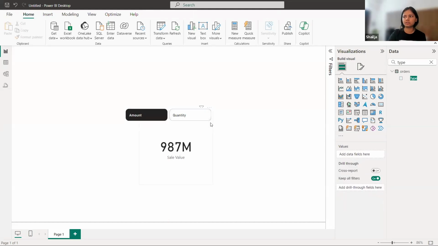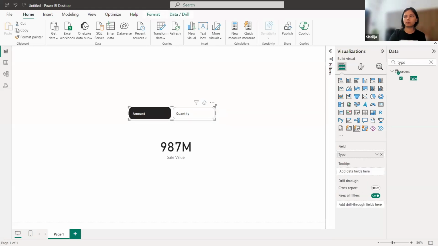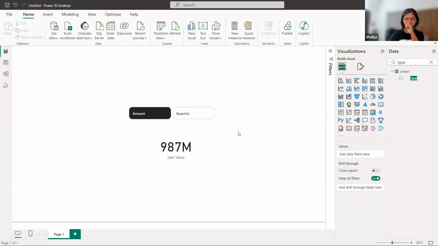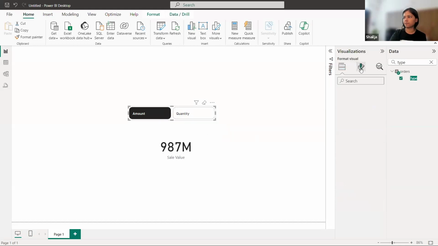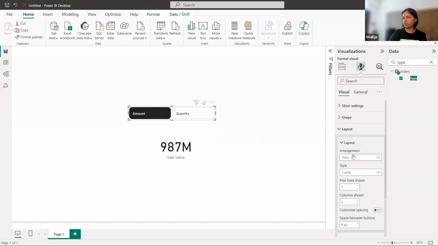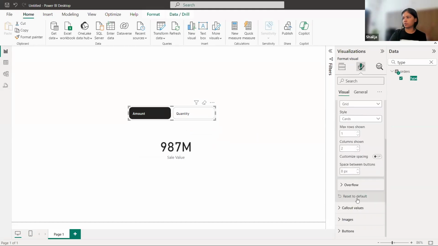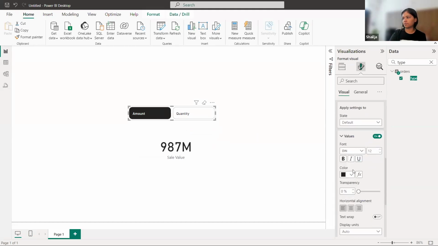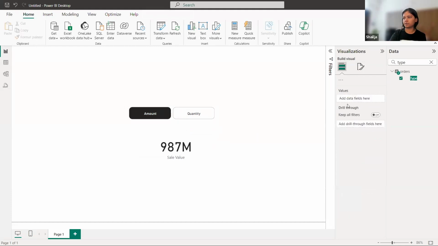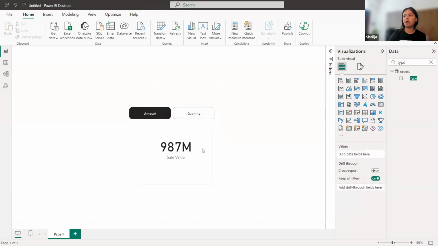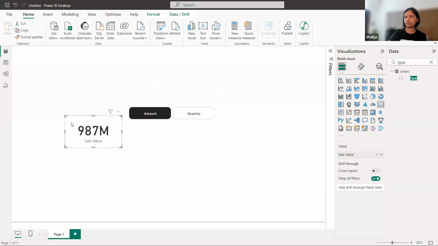I will reuse this slicer. This slicer will slice not only this visual, but all the coming visuals that are about to come on your dashboard. This is an important visual. Also, I see the values are coming on the left side. I will go to the layout. No, go to the call out values and make it center aligned. Okay, this looks much better. So I've created this sale value as a card. Okay, and I'll just copy and paste this